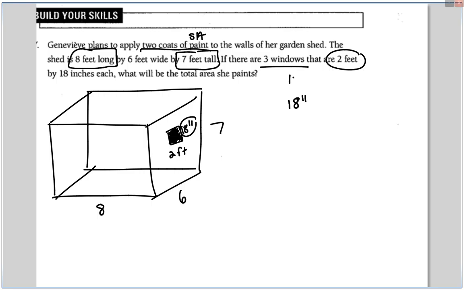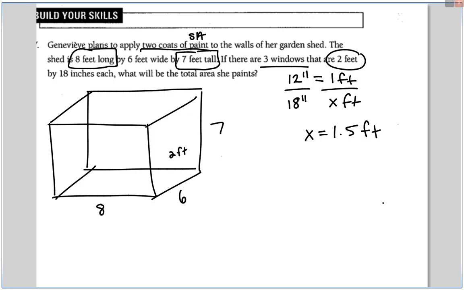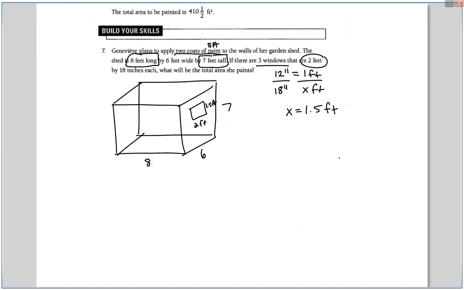18 inches, I know that 12 inches gives me 1 foot, so 18 inches gives me x feet. You do some calculations there, you get 1.5 feet, and that's a little bit of a better number than 18 inches. Now that they're all in the same units, it'll be way easier to calculate. So your window is 2 feet by 1.5 feet. Okay, so let's calculate all these rectangles. And she's just painting the walls,